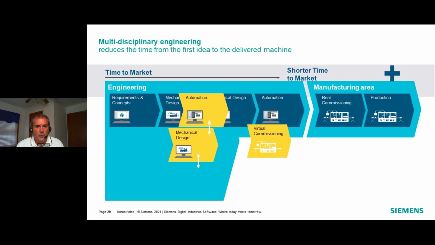Our Advanced Machine Engineering Solution Suite is focusing on the entire engineering domain. First, let's take a look at the traditional process, where the steps are sequential. In many cases, requirements are managed only during the scoping, and the machine will often still be paper-based. Concepts are mainly mechanically driven. Mechanical, electrical, and automation departments are still developing sequentially. After the physical machine is assembled, the real commissioning starts. Feedback from manufacturing and testing starts way too late. So deadlines aren't met and companies face penalties, but they also miss out on getting paid earlier.